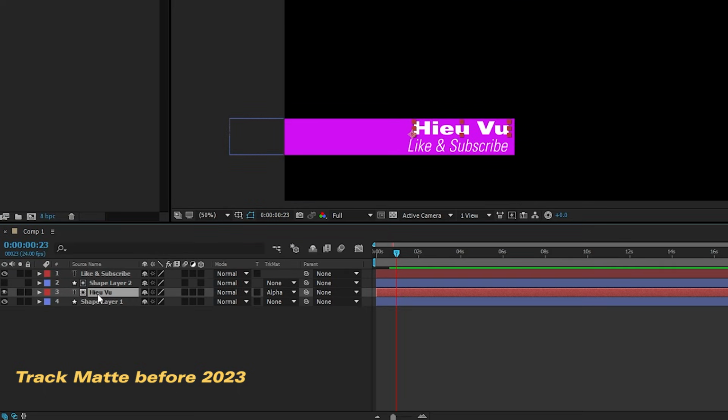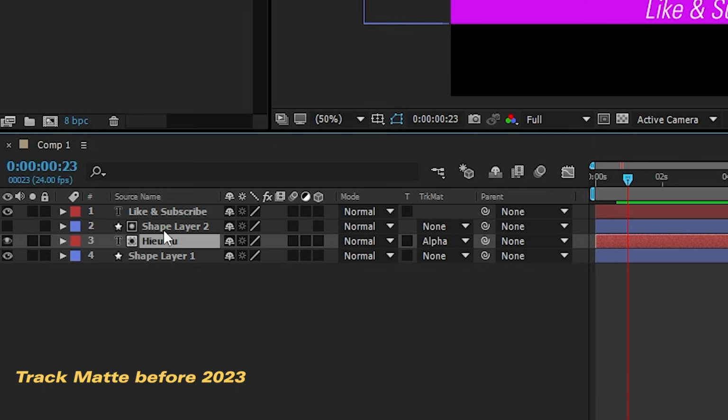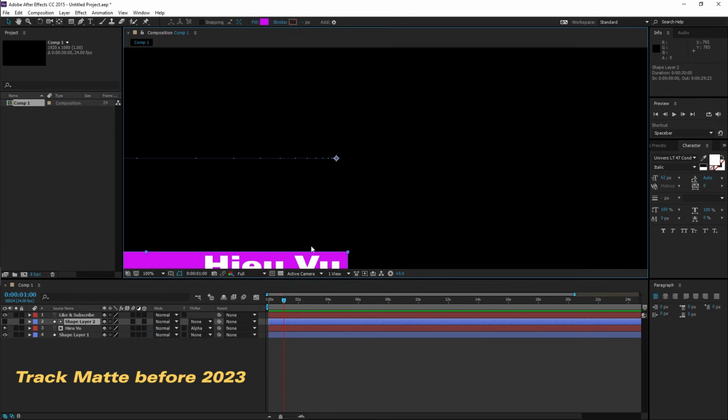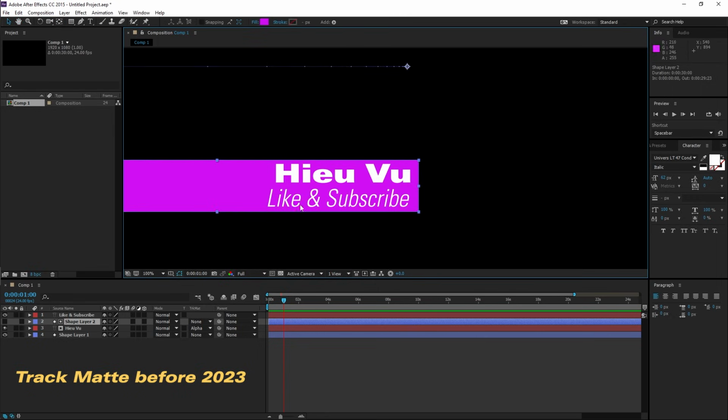And that will take the information from the layer above and put it inside of that layer. So now when we play the animation back, you can see that the type layer remains inside of the vicinity of the shape layer. But on the other hand, we have a new duplicate of the shape layer. And as well, if we want to put the subtext here inside of the lower third, we would need to